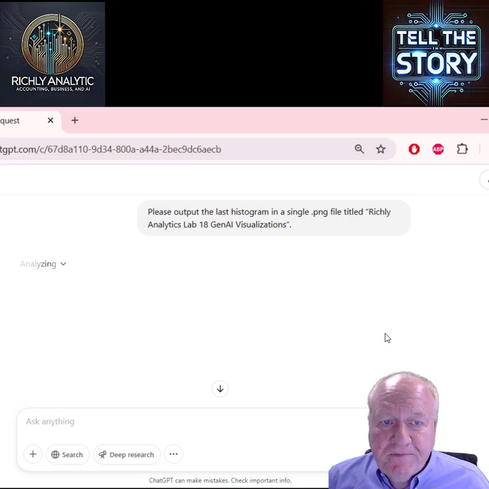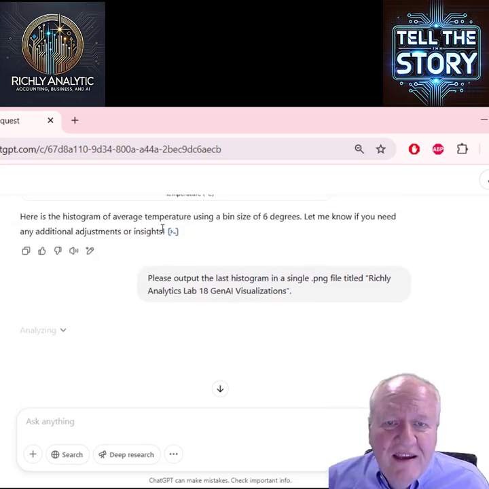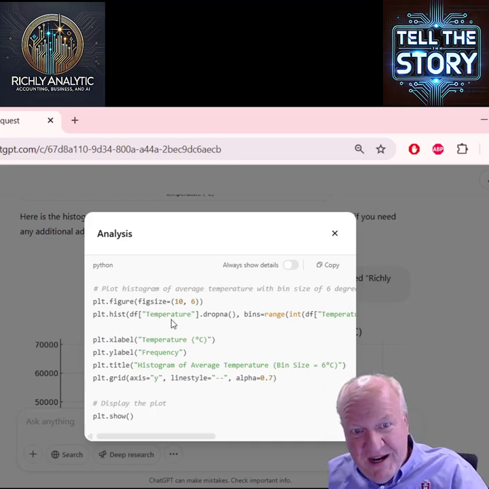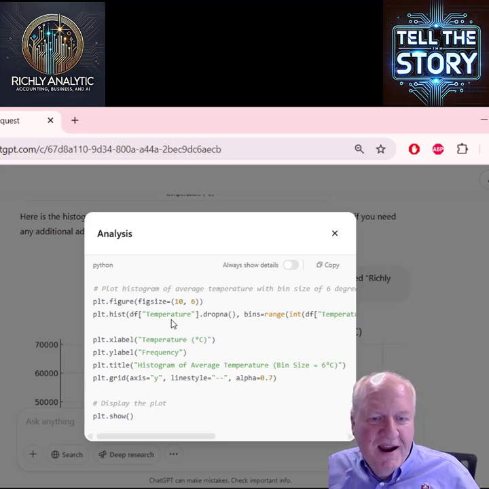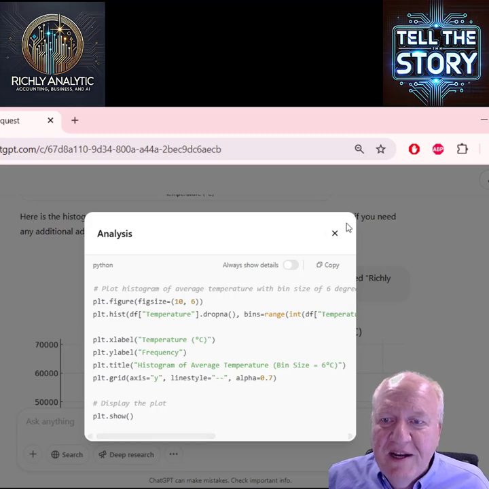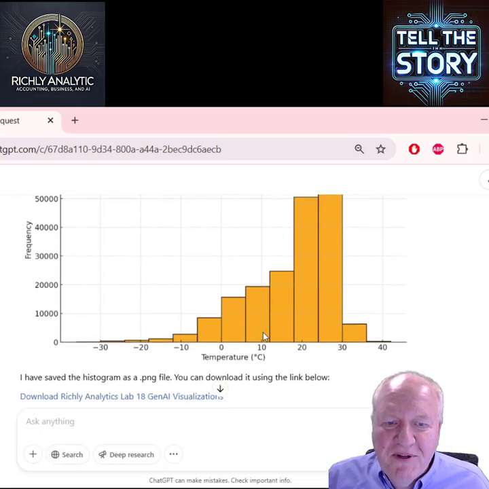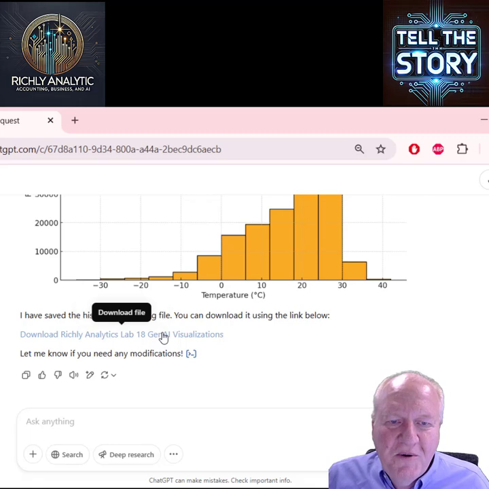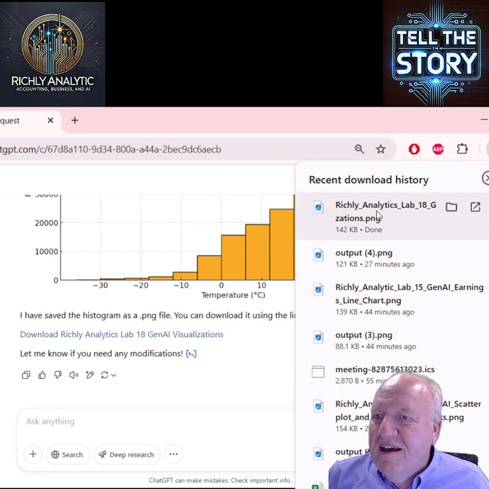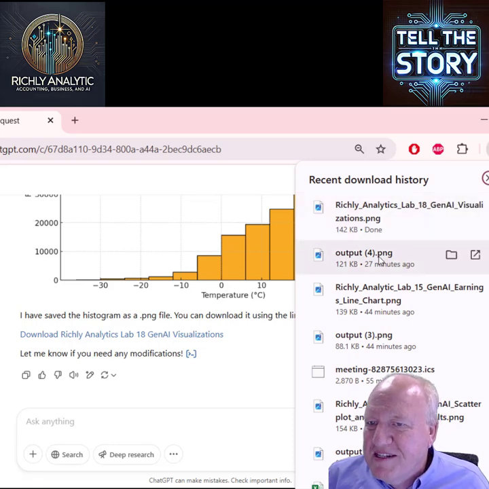I also wanted to point out, anytime after an instruction or analysis is done, there's going to be some Python code that tells exactly what's being done. If you know Python, you can read it. If you don't know Python but are familiar with programming, you can certainly understand that and see exactly what it's doing. We asked it to output the visualization. It did so, and we would be able to see it here, and it's got a specific name rather than just saying output.